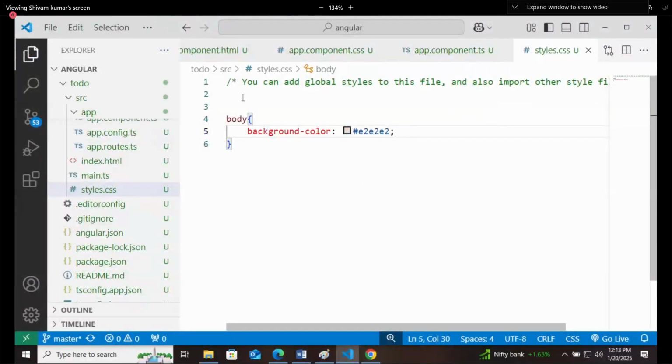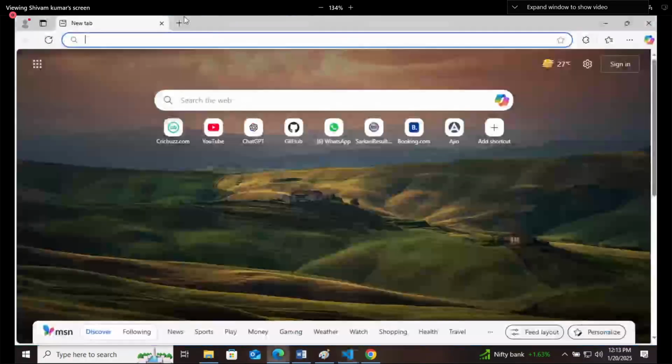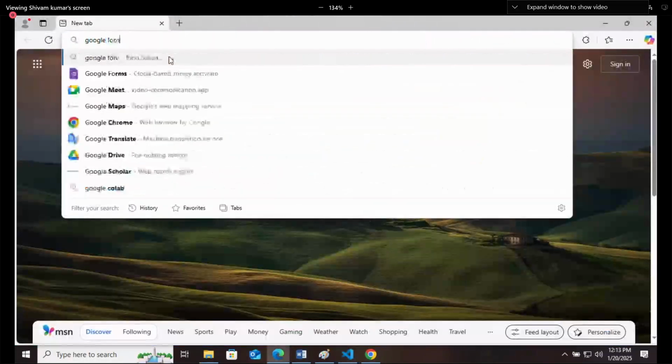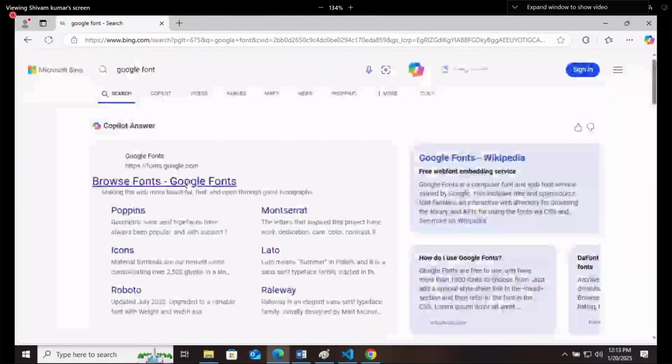Second thing is font I will change. For that, I think I have discussed these things with you, Google Fonts. Right. For that, we will use Google Fonts, and I will use my favorite go-to font here.